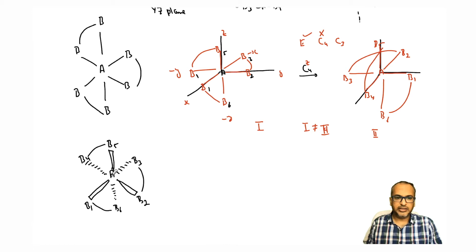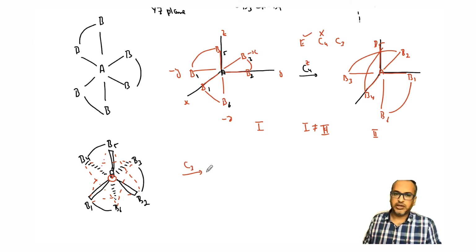And now my C3 axis is perpendicular to the plane of the board, going through these triangles. Okay, going through these imaginary equilateral triangles. There are two such triangles making a star-like appearance. Now we want to see whether the C3 axis exists or not, because we are trying to find out what is the principal axis here.